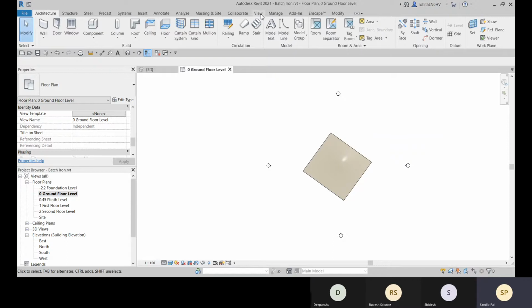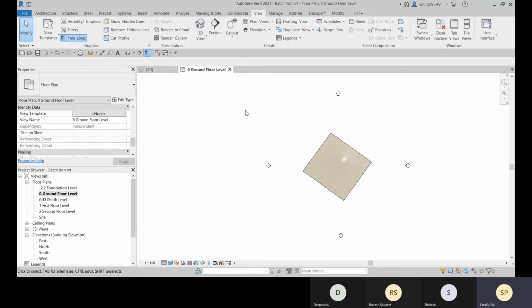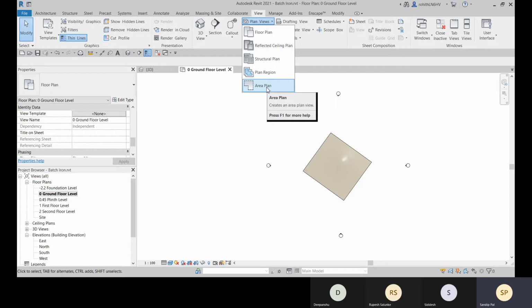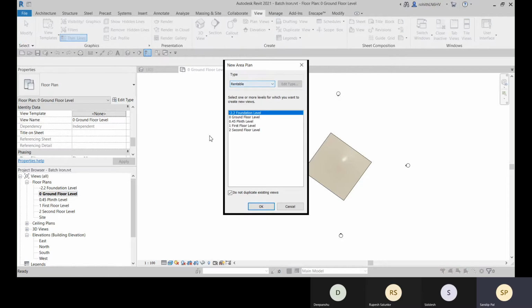Now go to this view here, and here we have this plan view option, and there we have this area plan. Okay, so this area plan is for any particular area where you can set the view range. The view range from this properties palette is set for the total or whole floor plan, right? But you can set the view range particularly for your bedroom area. There you can make some changes. Fine. So that is possible by this area plan.